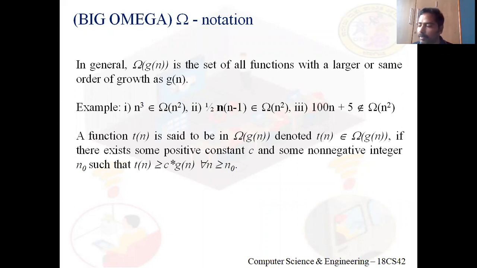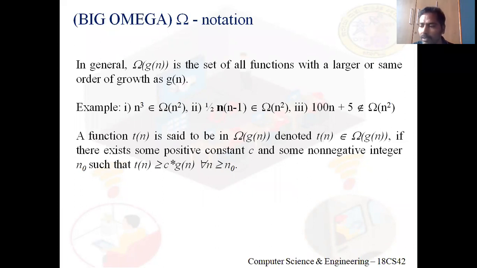In big omega of linear, you can find linear also, because its growth rate is the same. You can find cubic because its growth rate is greater than linear. You can find quadratic, growth rate is greater than linear. You can find exponential because the growth rate is greater than or equal to linear. But you can't find logarithmic, because the logarithmic growth rate is lesser than linear. Okay, clear with this?